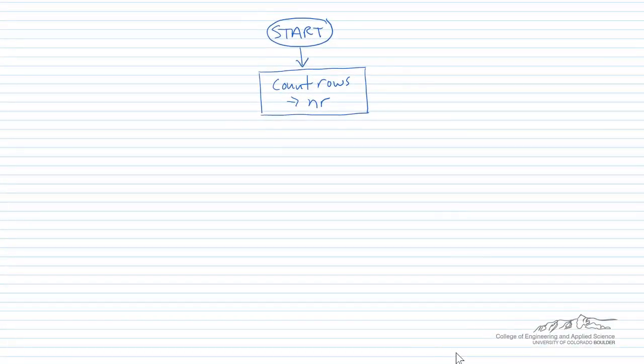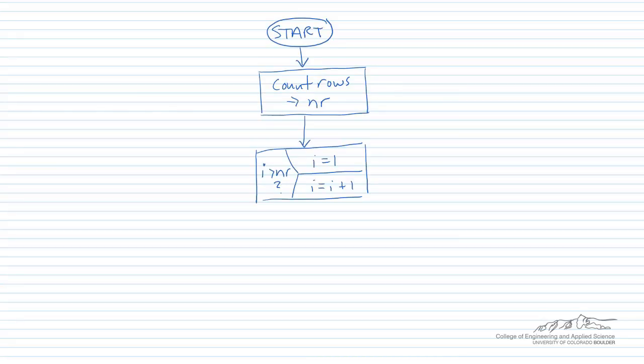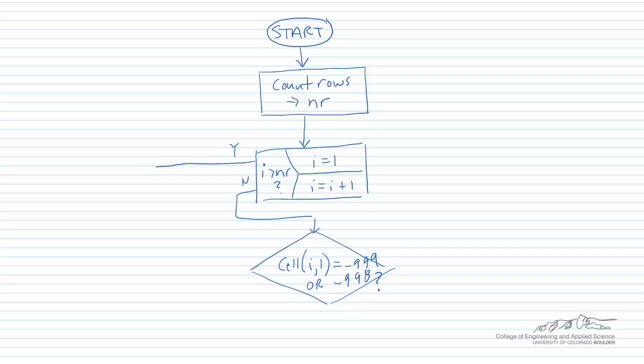As always, let's make a flowchart. We start, we count the number of rows. We're going to set up a for loop. We're going to iterate through all the cells. For each cell, and again I'm denoting selection.cells(i,1) as just cell i,1 to save